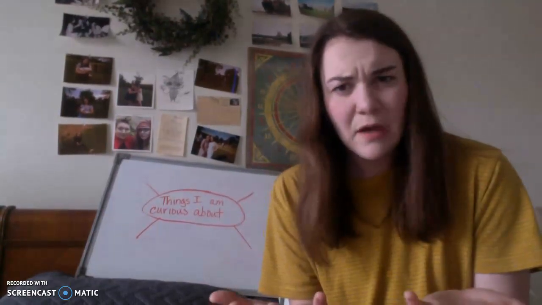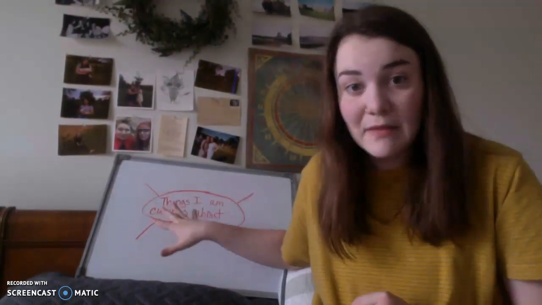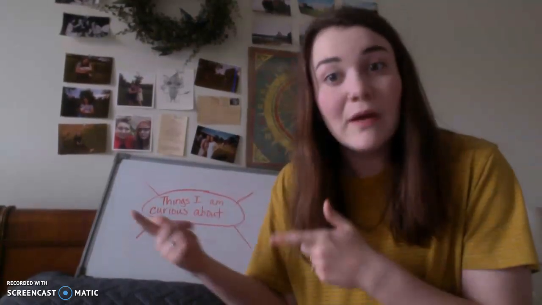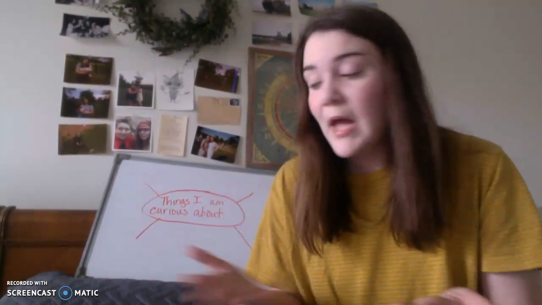So today we're going to learn a new way of going about it with things that we're curious about. It's okay if we're not always experts about things. No one is, not about everything at least. So how do we become experts about things? We have to research it and we have to find ways of learning about those things. So today what we're going to do is use this method to figure out things that we are curious about that we could later go and research. And these are things that we will later go and research. Okay, that makes sense? All right, so just like yesterday, I'm going to read a story to you, a writing,